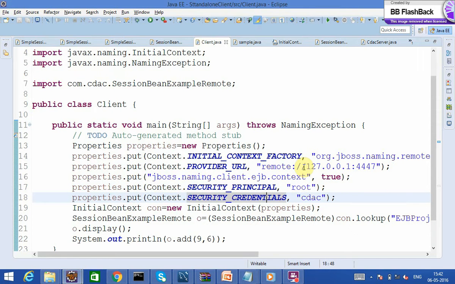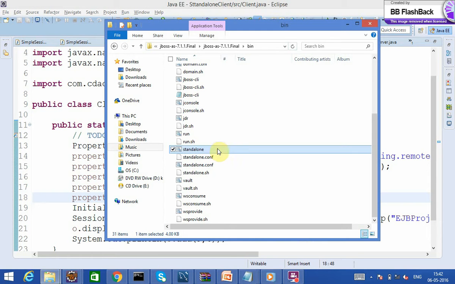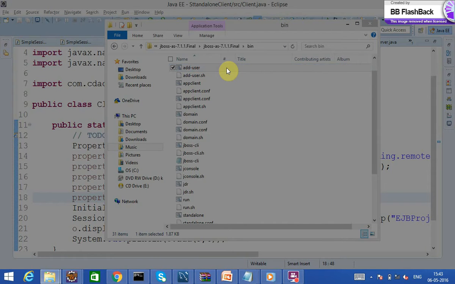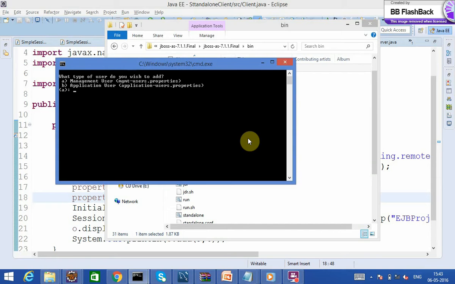In order to create the username and password, you'll have to go to JBoss and run adduser.bat. It will ask you whether to add a management user or an application user. Select application user.